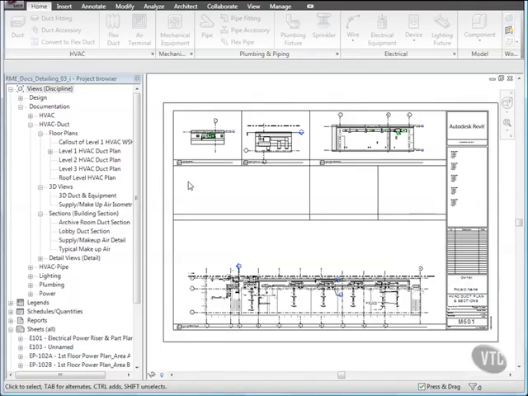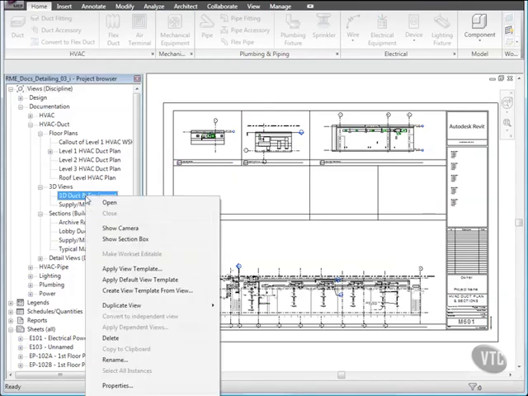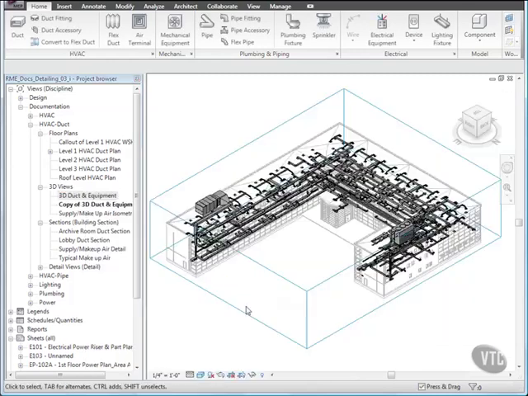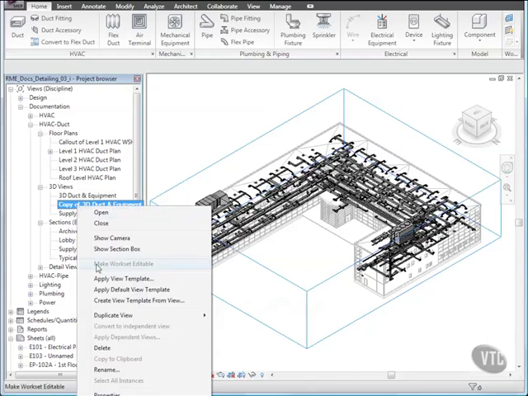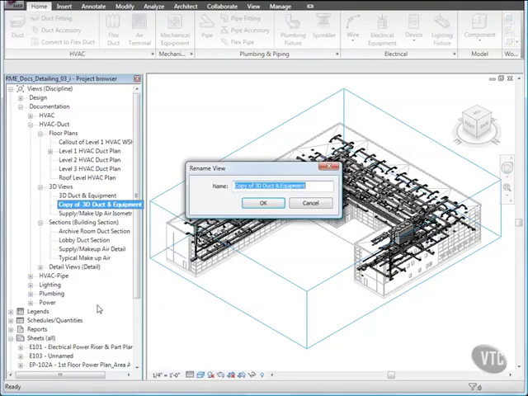Let's prepare the view. In the project browser, under Documentation HVAC Duct 3D Views, right-click 3D Duct and Equipment and move to Duplicate View and click Duplicate. Then right-click the copy and click Rename and type Typical Makeup Air Isometric Detail